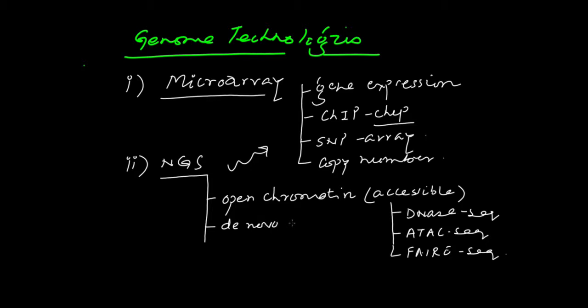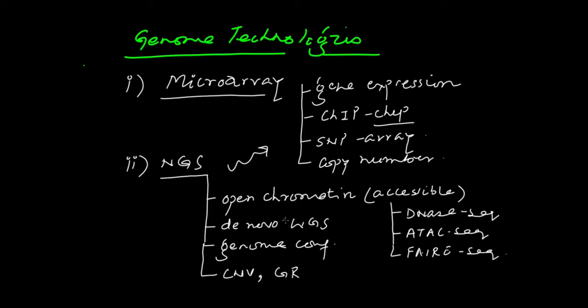de novo whole genome sequencing. You can do the genome conformation capture. What is the 3D genome organization? And again, as I said earlier, we could do the same thing that we did here. We can also identify various kinds of copy number variation as well as genomic rearrangements and so on.